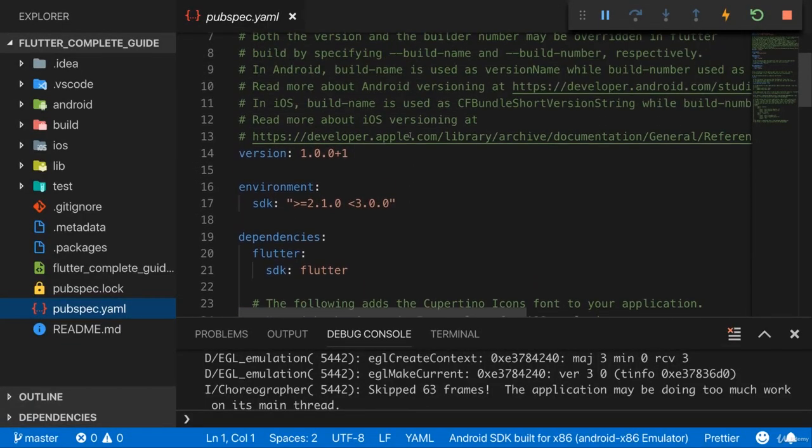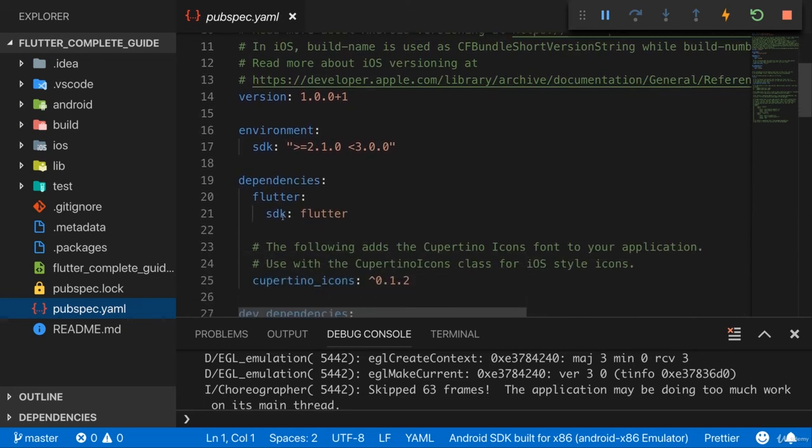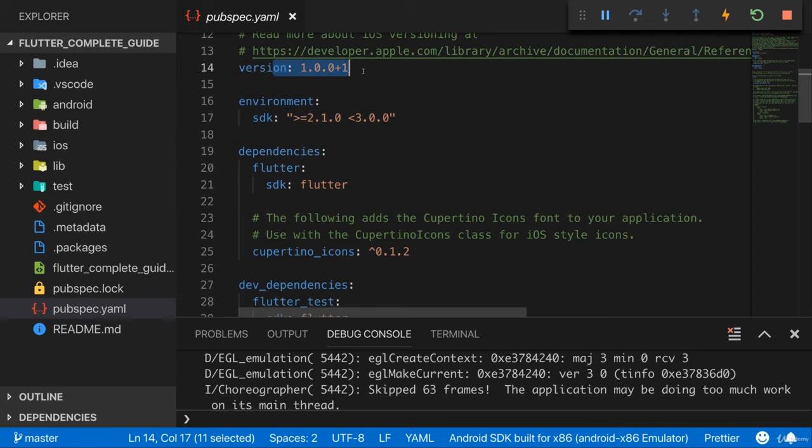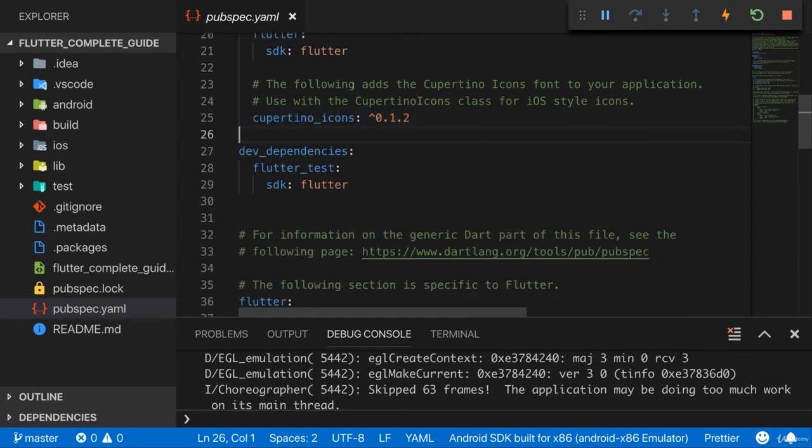Basically, what you have here is code written in YAML, which is a certain format for structuring text files, where you use indentation to express how code works together. And here, for example, we're right now specifying with which Dart version this works, which version our application should have, also which other third-party packages we might be using, like here the Cupertino icons, which allows us to use certain iOS styled icons in the application, and we'll add other third-party packages throughout this course.